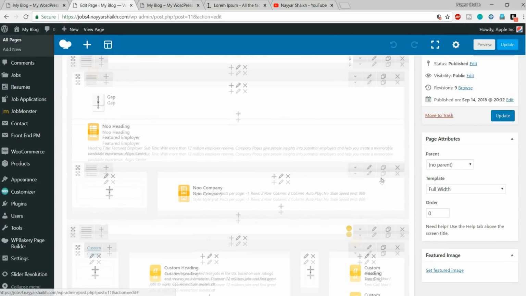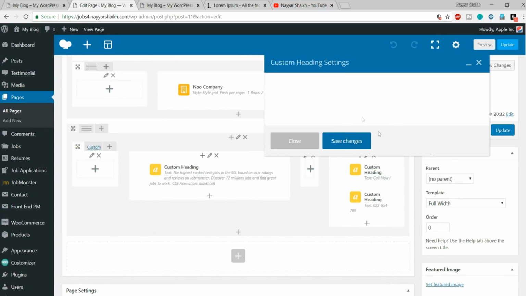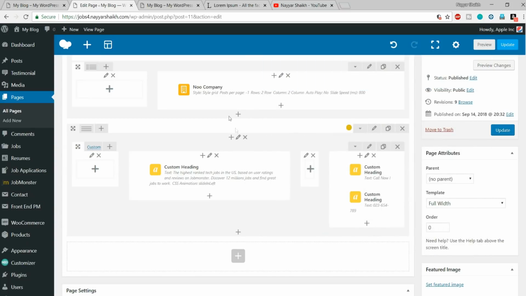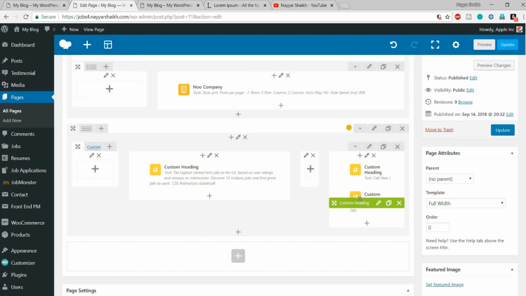Come over here, select this one, custom heading plus, and click on this pencil button, go to design, and let's delete the margin from the top. So we'll just type in 0 at the top of the margin and click on save changes. Okay, so what this will do is it will remove some extra gap from the top. Okay, now select the custom heading 2,